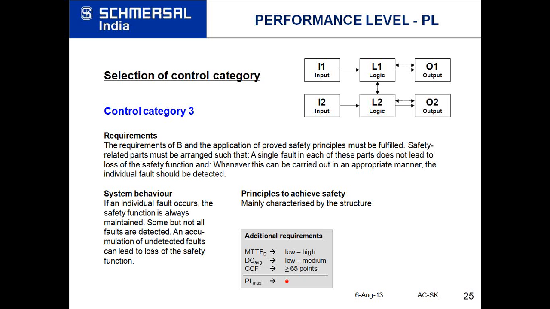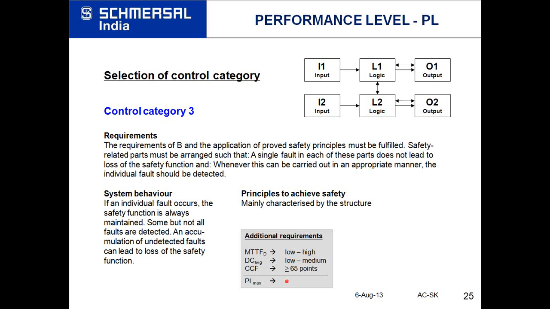So in control category 3, we have a dual channel system. So 2 inputs. It doesn't mean that we have to have 2 emergency stops. It means inside the emergency stop we can have dual channel. This we will discuss later on, but just try to understand how the system behaves. If an individual fault occurs, the safety function is always maintained, and some but not all faults are detected in time.